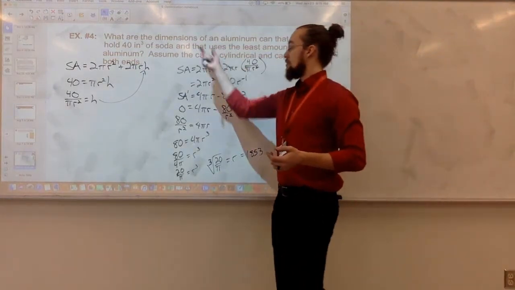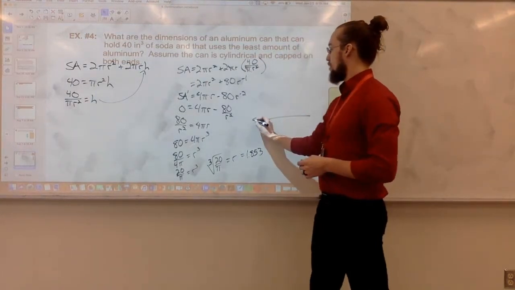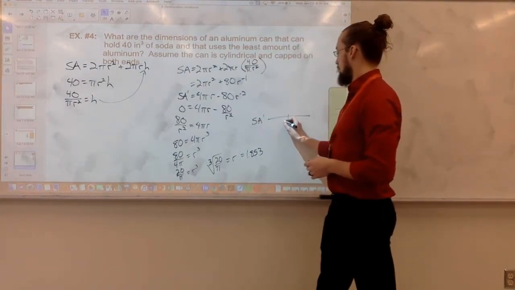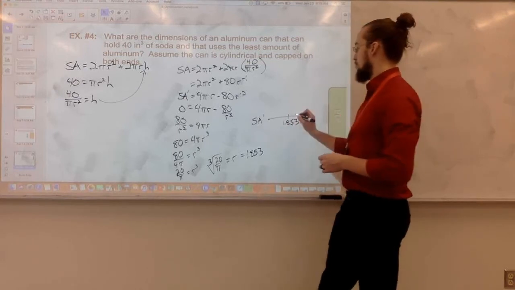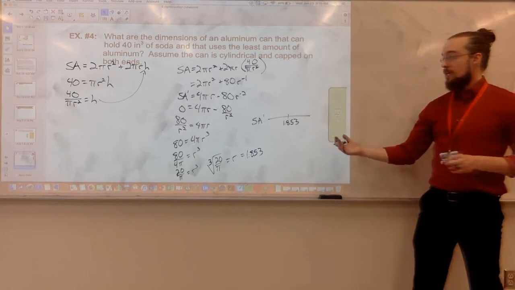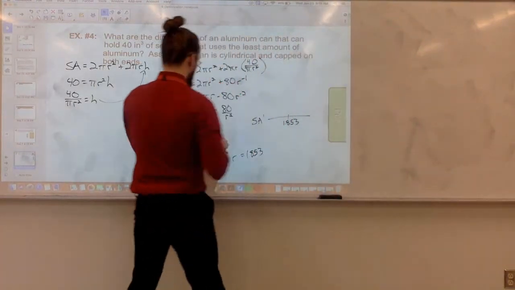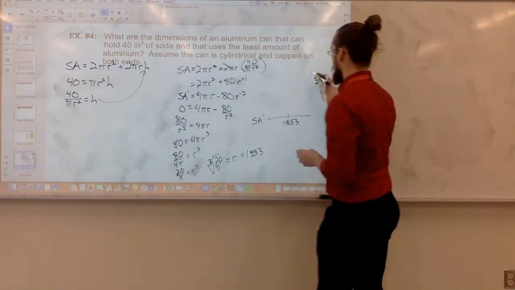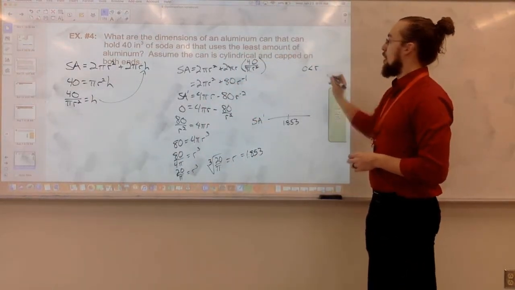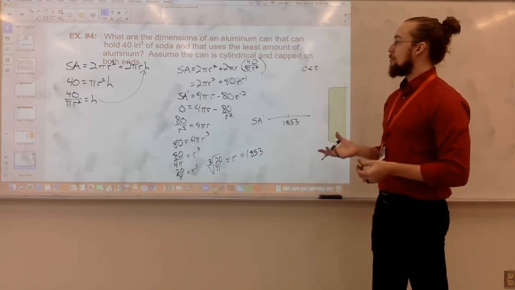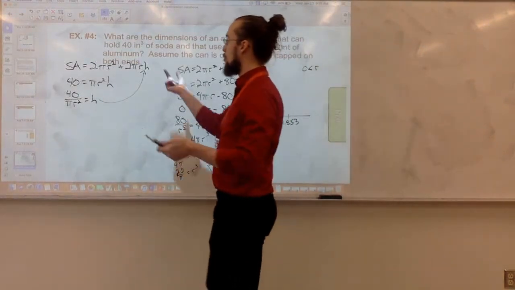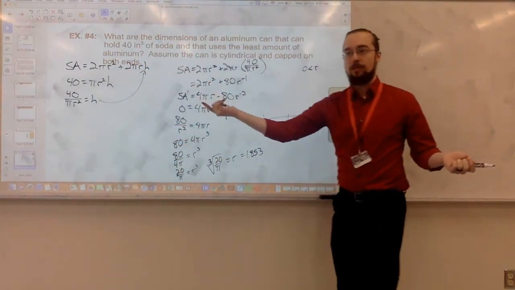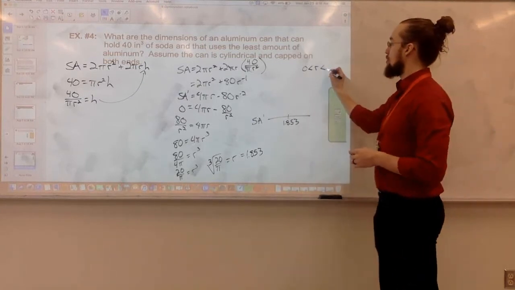Right, so I guess first we need to check and make sure that that is a minimum. So 1.853 we'll put on our sign chart. Plug in a value less than that into my derivative. That's a good question. Well, we know it would have to be greater than 0, right? And it couldn't be any bigger than, I mean, some are better, some are worse, but we could at least say it has to be less than 40, right? We at least know that our radius isn't going to be any bigger than